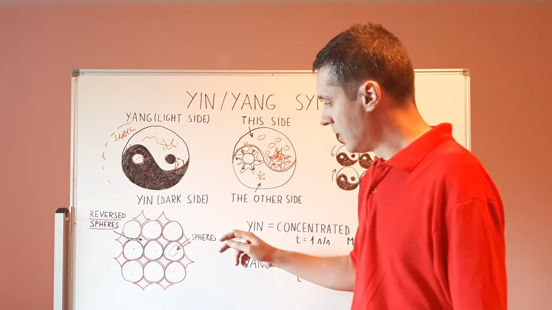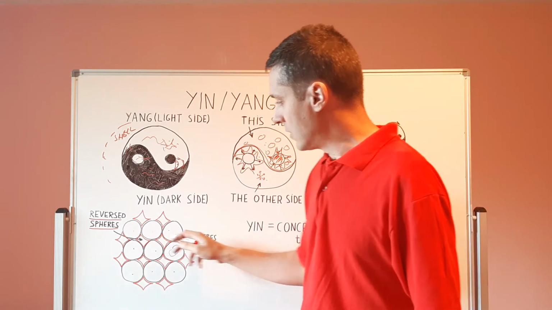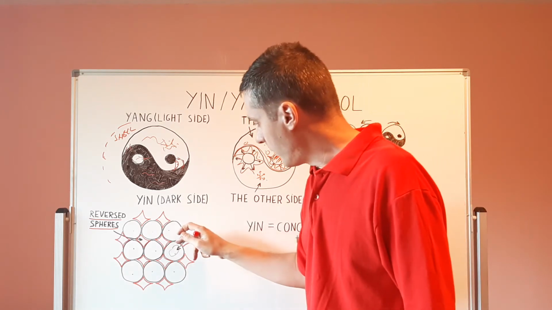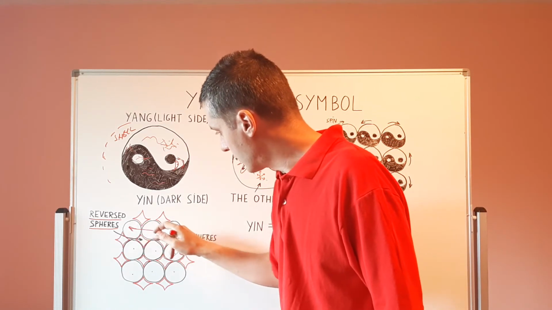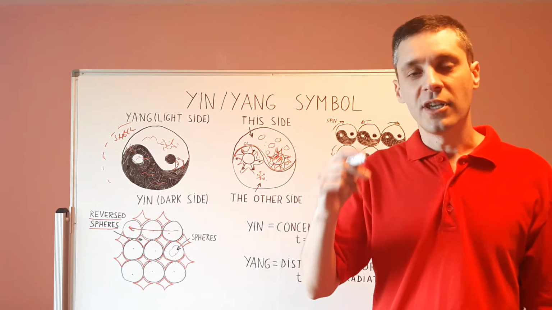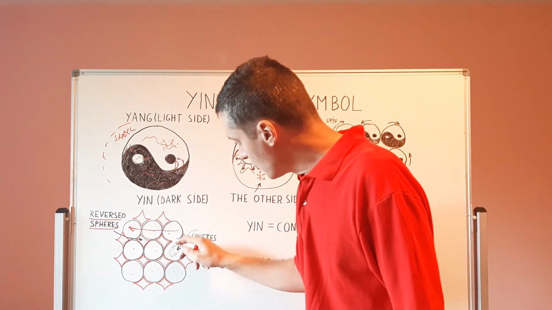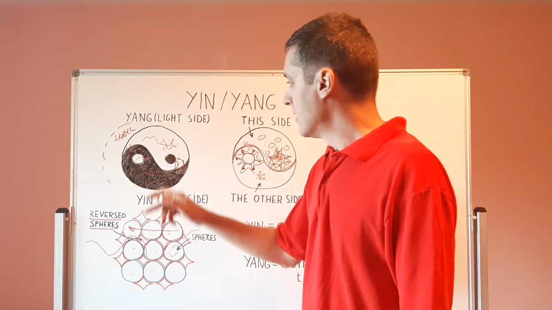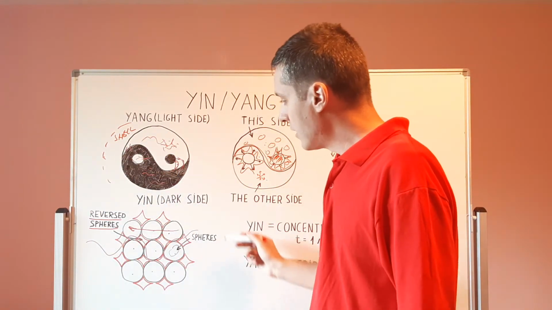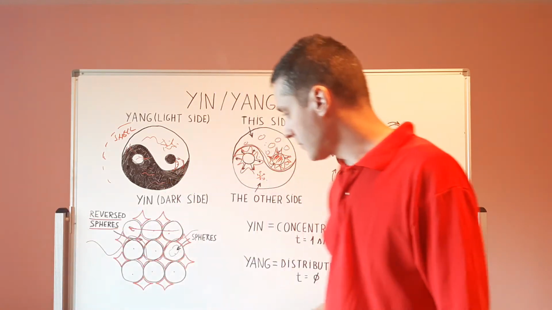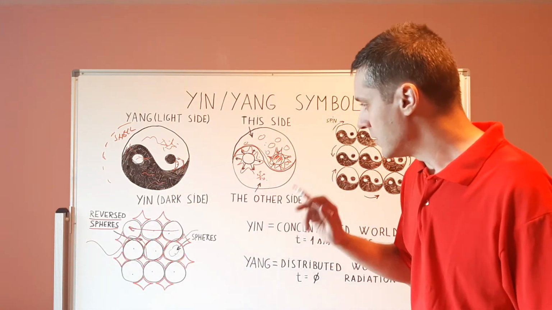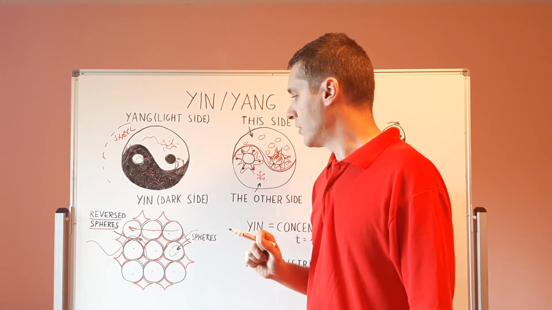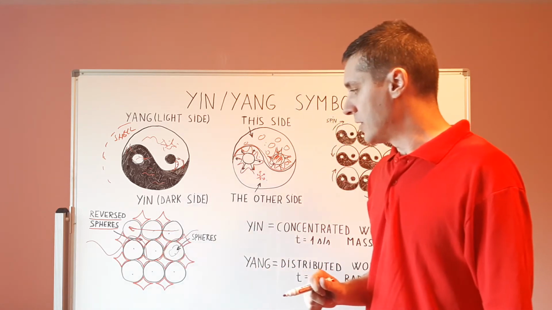Like I've said many times, that is why light, when it travels, it doesn't travel in a straight line like my hand right now. I can move mass in a straight line because mass moves from here to here. But radiation cannot do that because radiation travels between these spheres of mass. So it must avoid that space. This side must avoid this side as elements move through it. So we have these two separation of worlds. We can have this representation as a metaphor if you want, but this also is a very good representation.